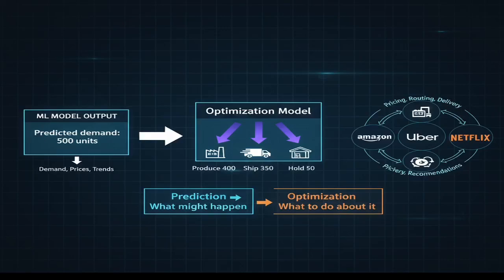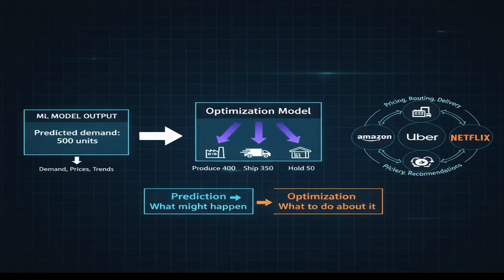The best companies like Amazon, Uber, Netflix don't just rely on prediction. They use optimization as well, because prediction will give you a broader explanation, like what your sales will be in the next 3 or 4 months. But how would you optimize your current resources according to that future predicted demand? So you have to scale up and optimize your current resources to achieve that goal.